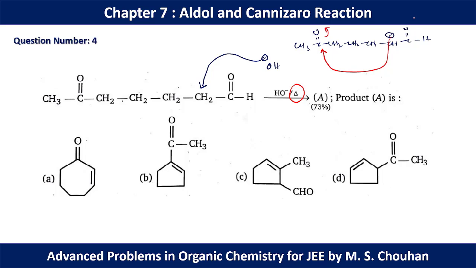So we are going to form a 1, 2, 3, 4, 5 member ring. Hence a 5-member ring is going to be formed. Now 1 and 5 are attached and there will be a double bond between 1 and 5. Now in position 1 we have one CHO group. This is carbon number 2, 3, 4, and with carbon 4 we have 5 attached, and then we have another methyl group. So option C should be the correct option for this question number 4.